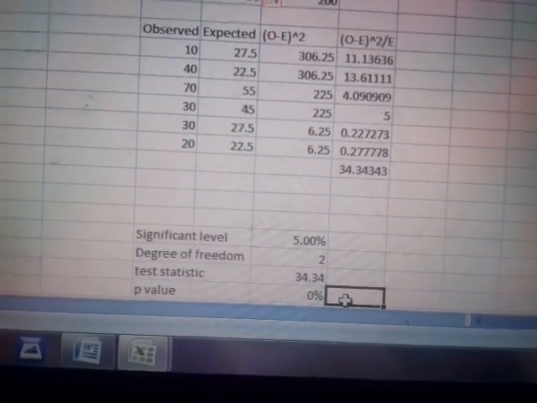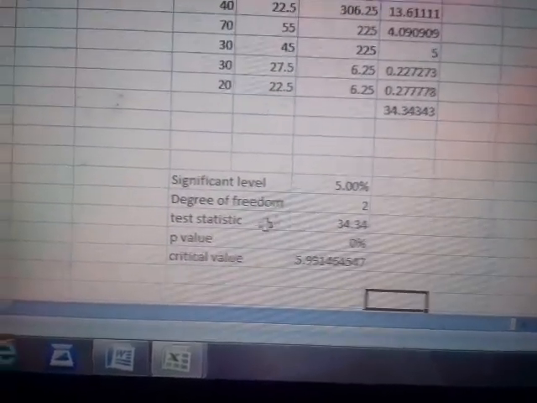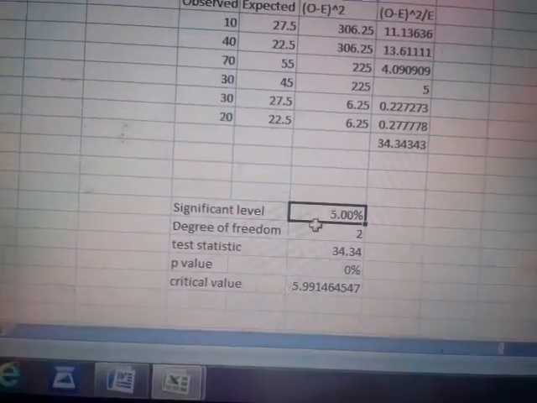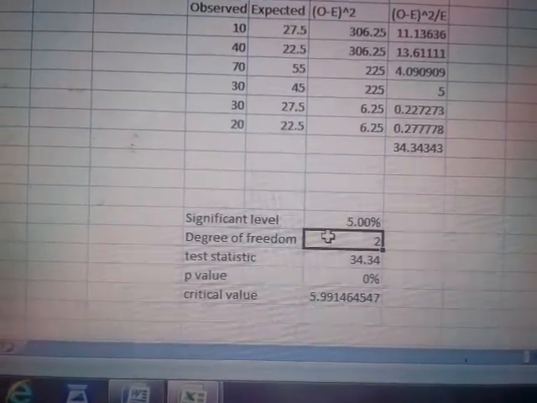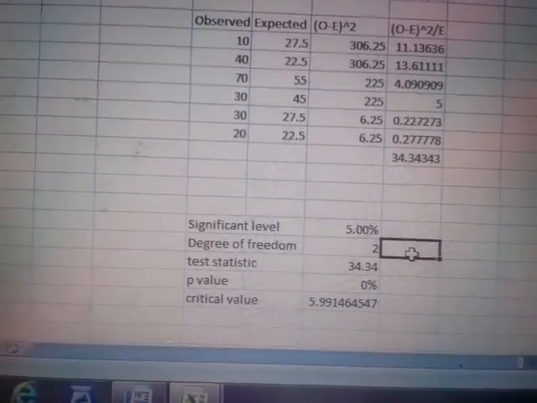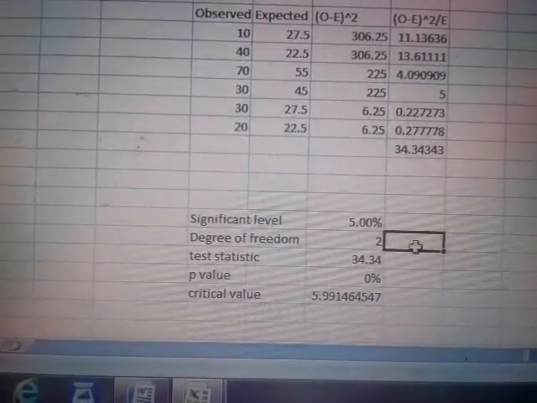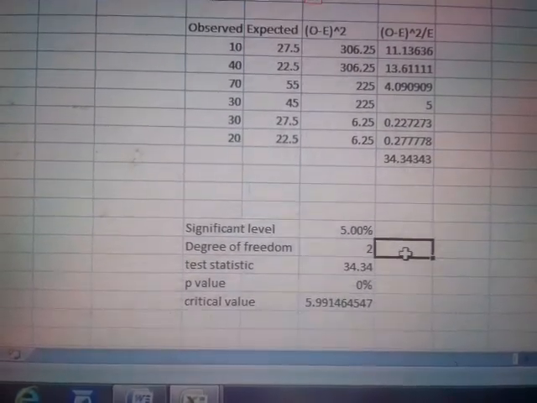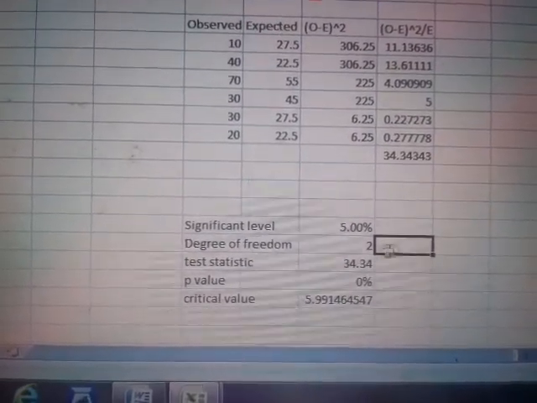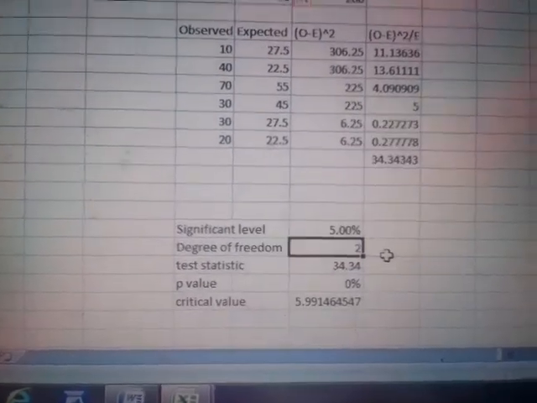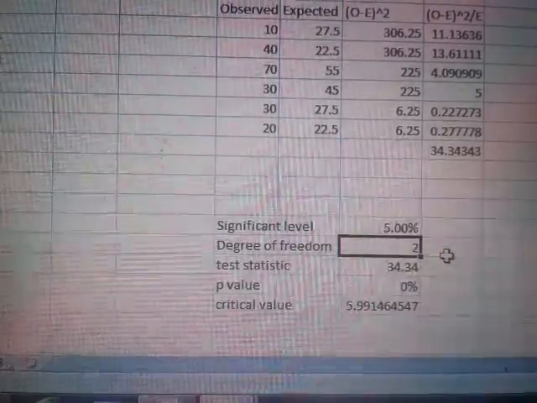After that you have to find out from the table. The significance level is set at 5%, and your degree of freedom is 2. How is the degree of freedom 2? I said, row minus 1 into column minus 1. We got 3 rows, 3 minus 1 gives 2. We got 2 columns, 2 minus 1 is 1. So 2 into 1 gives the degree of freedom. So row minus 1 into column minus 1 is your formula to find the degree of freedom.